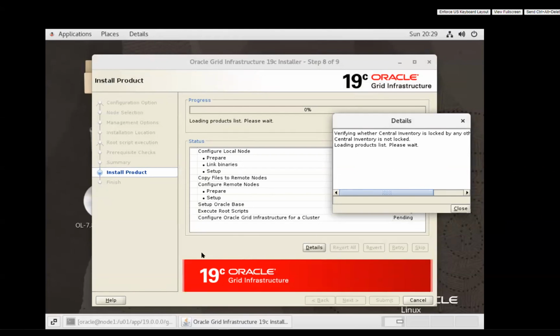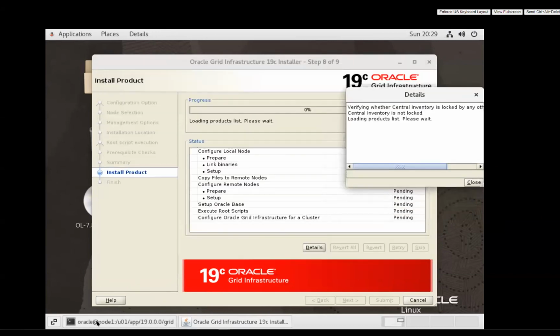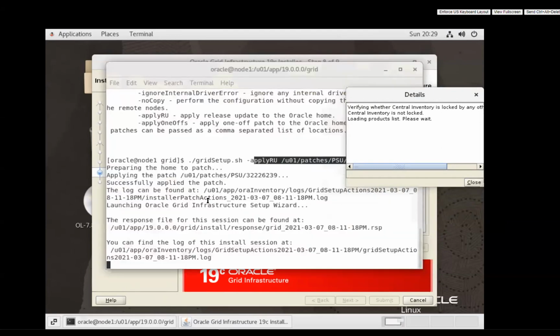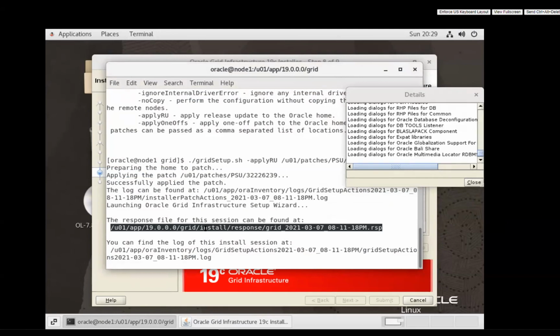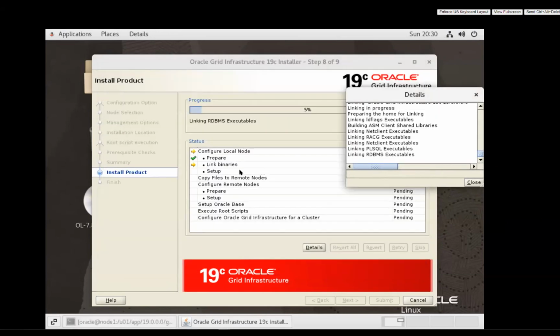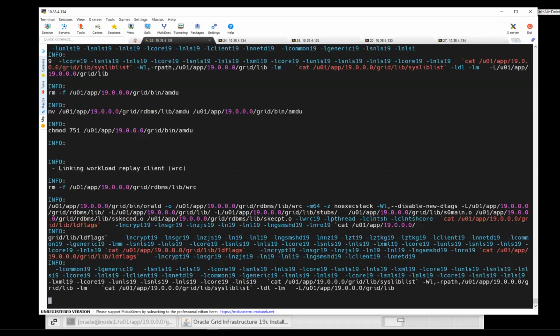And then if I go back, if you observe this one, grid set. Oh, what happened? Wait a second. I told you it will automatically create a response file. This is a response file, user on app 19c grid install response file, and this is a date and time, and this is the RSP. Saving this file is not mandatory. Automatically you will get that response file. If I go back here, sorry, you can see all this.